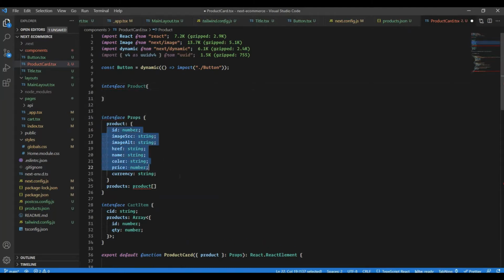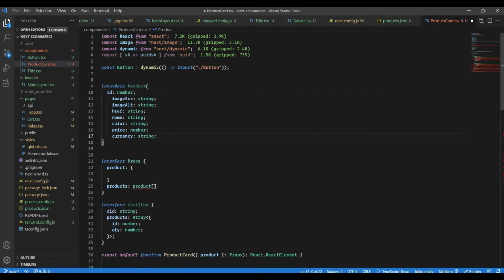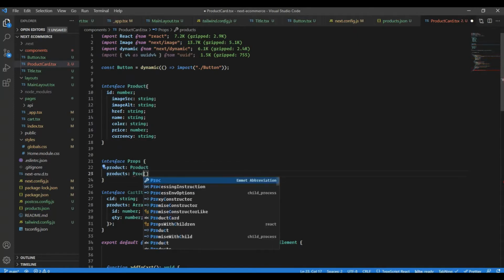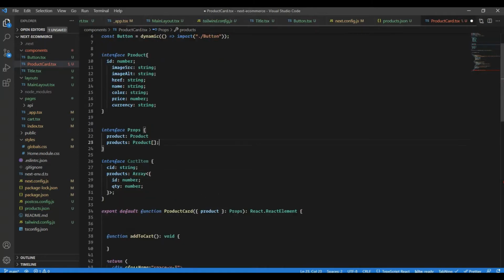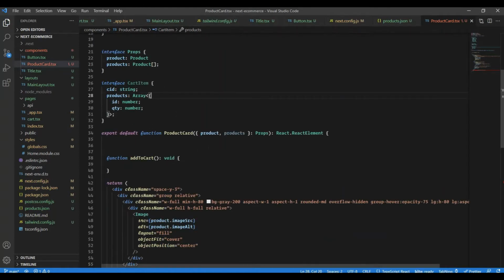Let's take all of this from here, put it over here, then make this as product and this as product array, and that's it. So here we can take it again like products. Okay, that's it. Then now once we have the products, next thing we need to do is just check it,